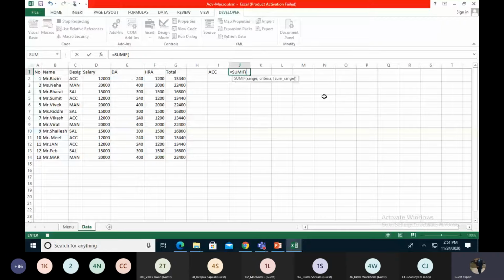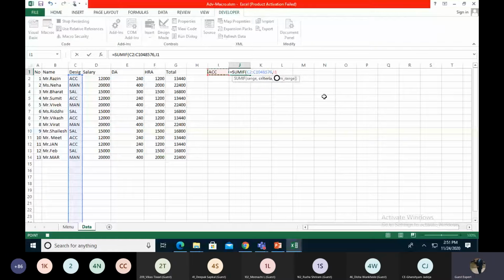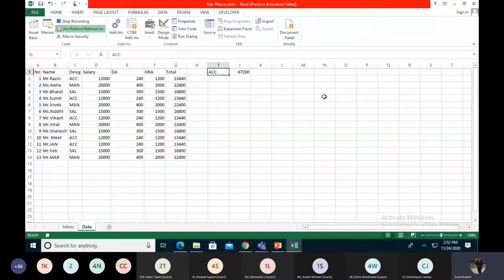It goes to the left side, and then down, then selecting the whole range, comma, then criteria, comma, then total sum, and then bracket close. And then I'm closing my macro.